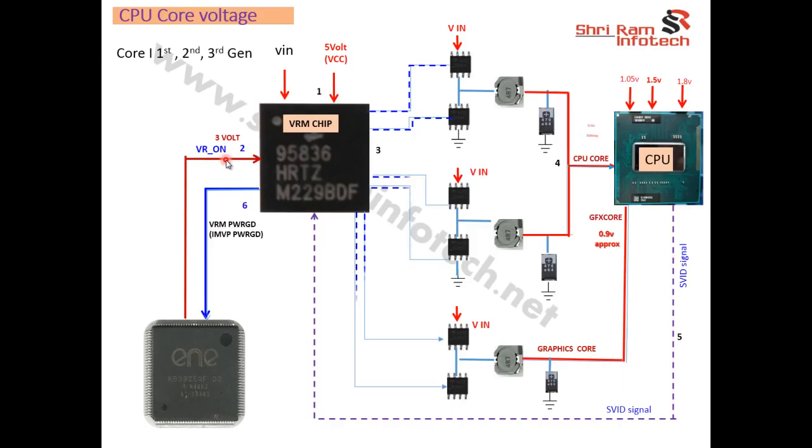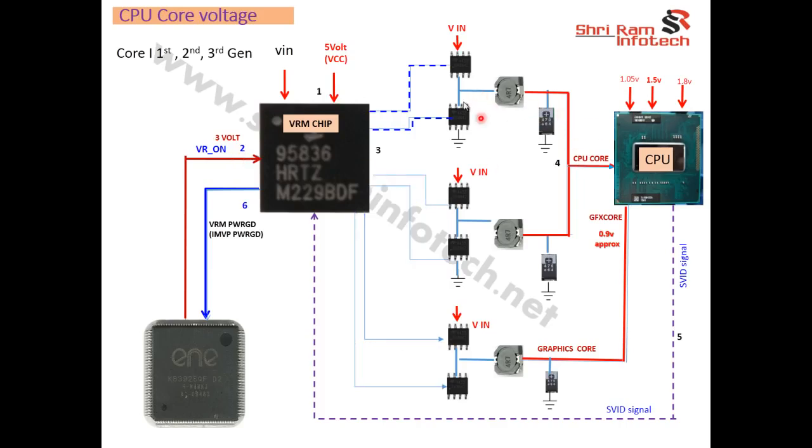But if the motherboard is Wistron or Foxconn, this VRM core VR on signal is generated by a different circuitry. So you have to trace where this signal is coming from. Okay, so you should get voltage. If not coming, you trace this. If this VR core voltage is coming and the VR on signal is coming, then what you have to do,